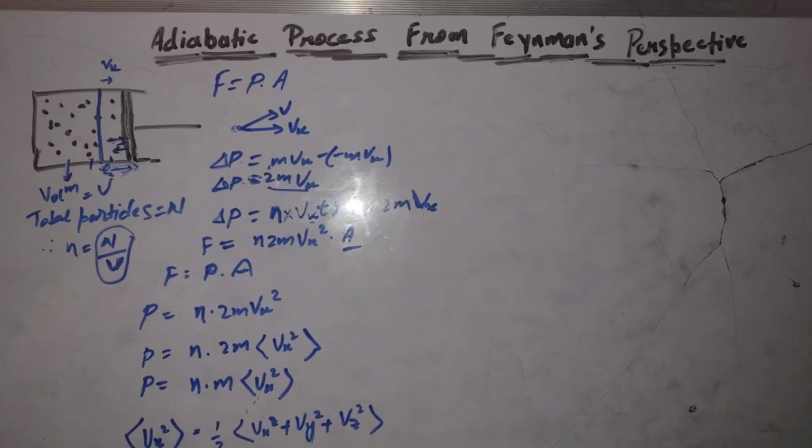Why? Simply because we assumed that molecules are moving just in the x direction, but the fact is they are not. They are moving in all possible directions. And interestingly, we have just 3 dimensions for a molecule to go. Okay, now we have got a very beautiful equation. And what is that equation? The equation is that pressure equals to,